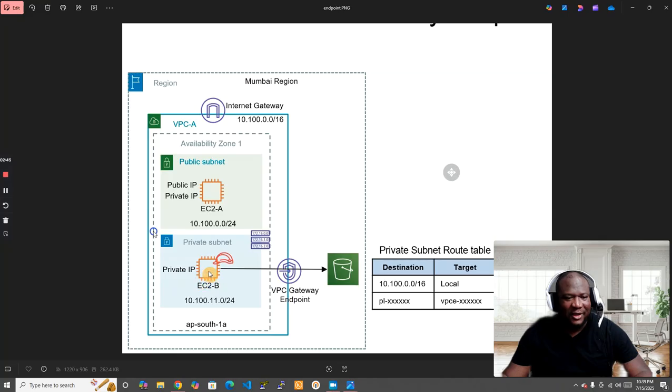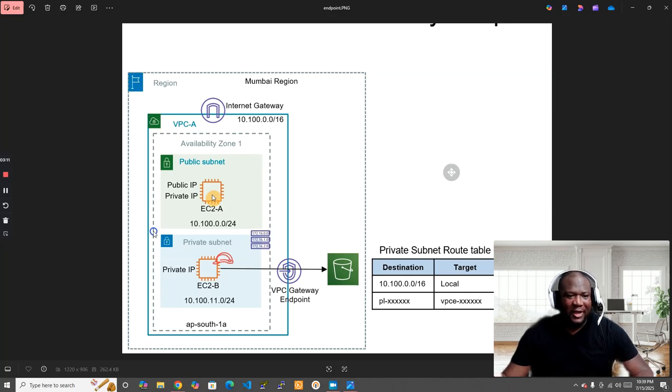So we have to create the VPC, get the internet gateway, connect the public EC2 to the VPC that we're going to use so that it can access, and then set the security group that it can SSH into